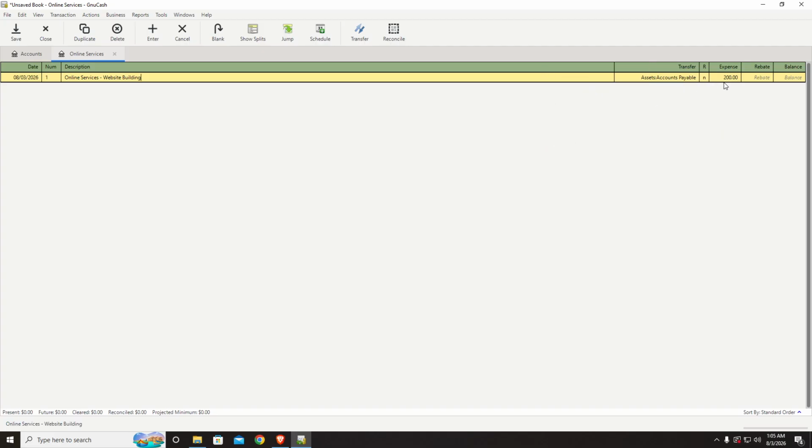Once you've filled in all the necessary fields, including the date, expense number, description, and value, it's time to save your entry. Look at the top part of your screen and you'll see a Save button. Click on it to finalize and record your expense in Gnucash. The system will then save all the information you just entered into your accounting records. And that's it. You've successfully recorded an expense in Gnucash, helping you maintain accurate financial records for your business or